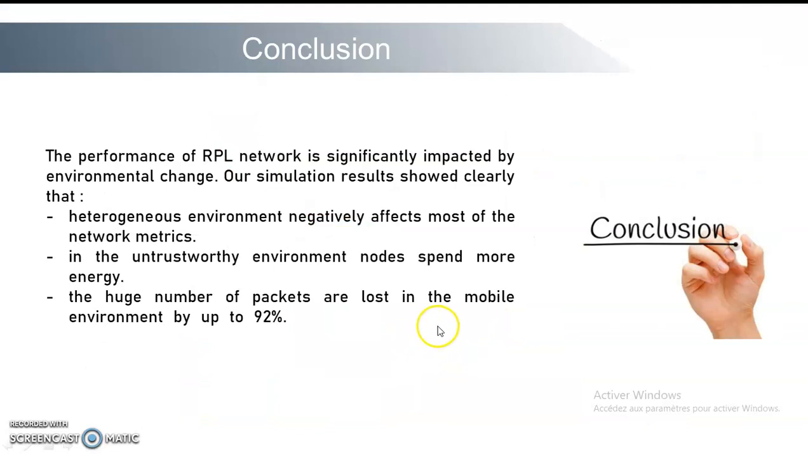To conclude, the performance of the RPL network is significantly impacted by the environment change. Our simulation results showed clearly that the heterogeneous environment negatively affects most of the network metrics. Also, in the untrustworthy environment, nodes spend more energy, and a huge number of packets are lost in the mobile environment, by up to